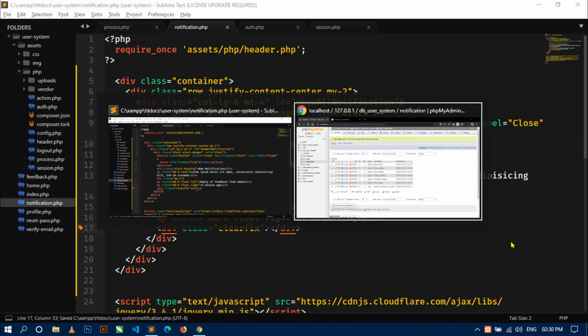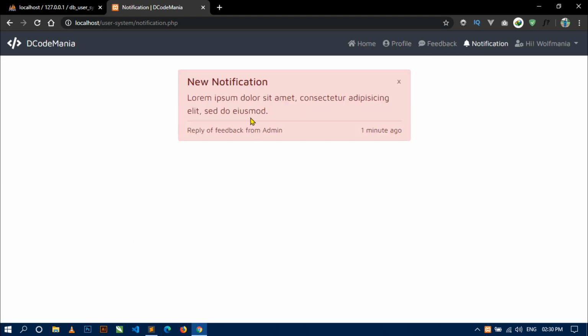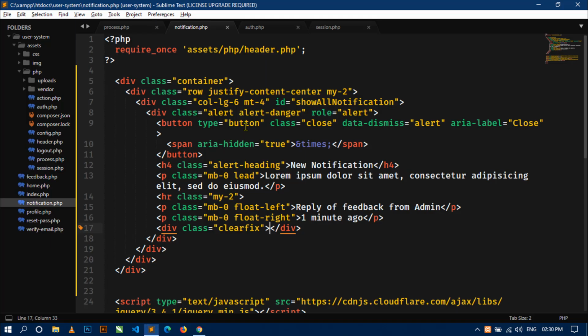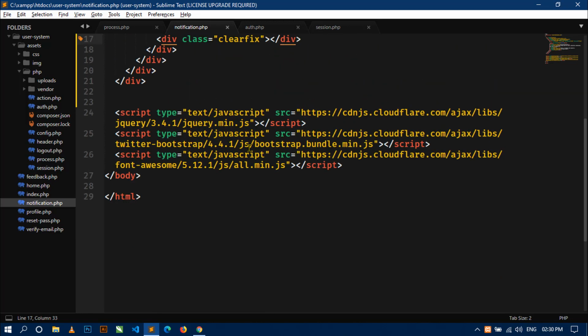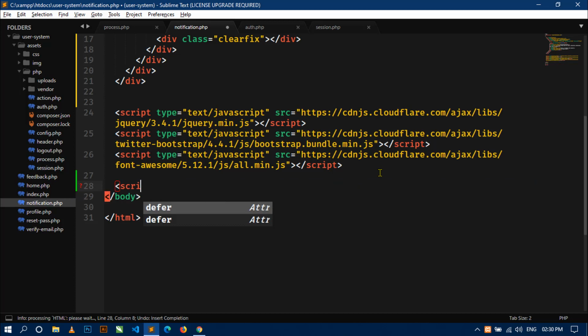Now if we save this and go to the browser and open the notification page, you can see this is the alert with a notification, some static notification. Next I will display the notification from the database here dynamically. For this, I will send an ajax request to the server. So just come here and I will use another script tag,